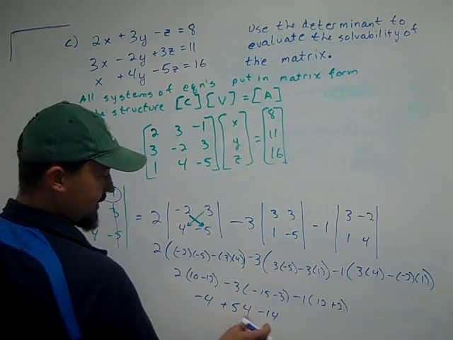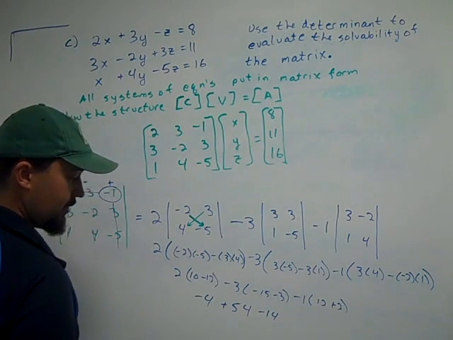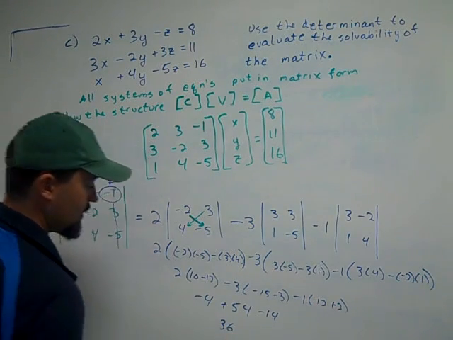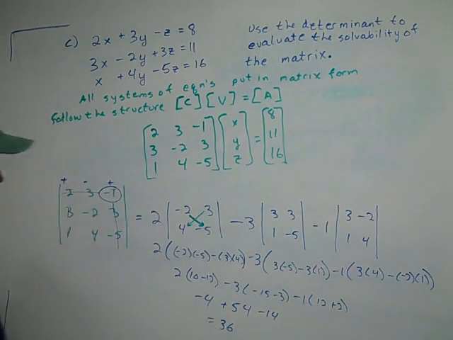So we have 50 minus 14, 36. Our determinant equals 36. Since our determinant of our coefficient matrix does not equal 0, that means we are guaranteed of one unique solution. So, to answer our question,